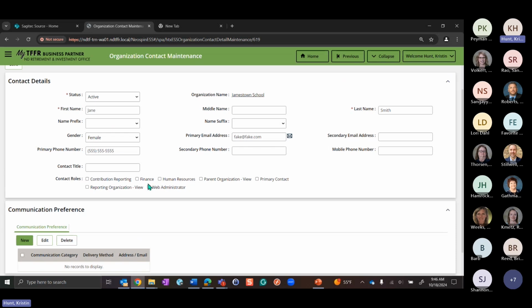In the handbook, there's an actual appendix with what you can view and what you can modify. I suggest using that because, for me, I can't remember who can view what and do what. Finance makes sense for invoices and making payments and viewing that stuff. So some of it might be intuitive, but just to make sure you know everything, we've put an appendix in there so you can use it as a reference guide.